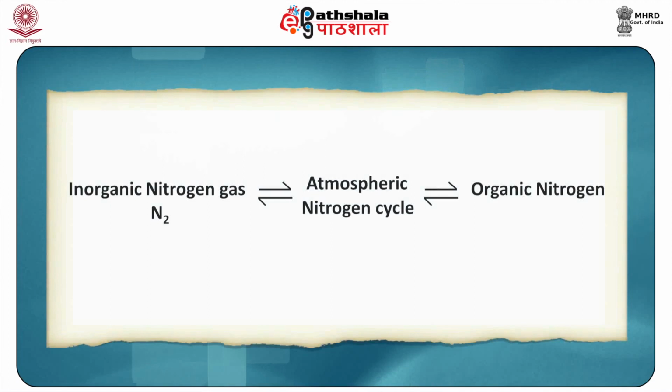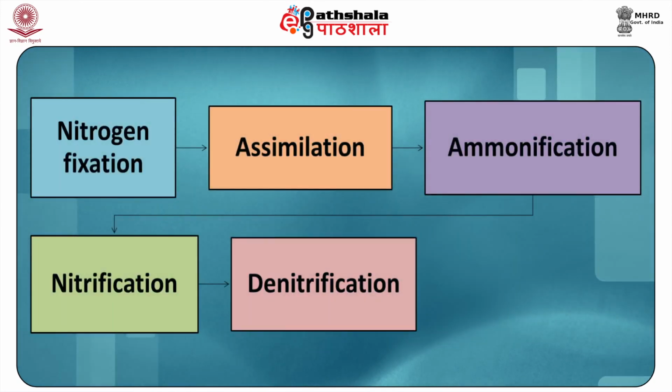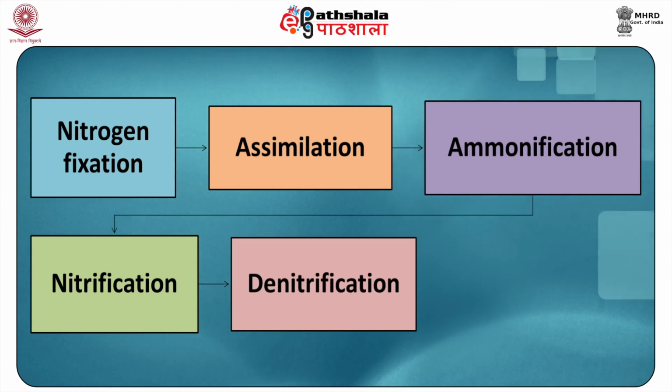The atmospheric nitrogen cycle is the equilibrium between the inorganic nitrogen gas and the organic nitrogen present in the soil and the atmosphere. Nitrogen cycle involves transformation of nitrogen from one form to another through processes like nitrogen fixation, assimilation,